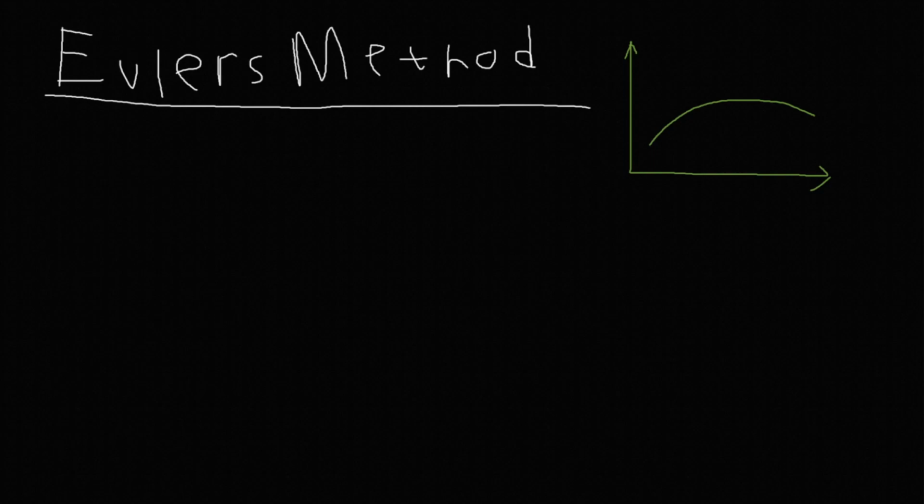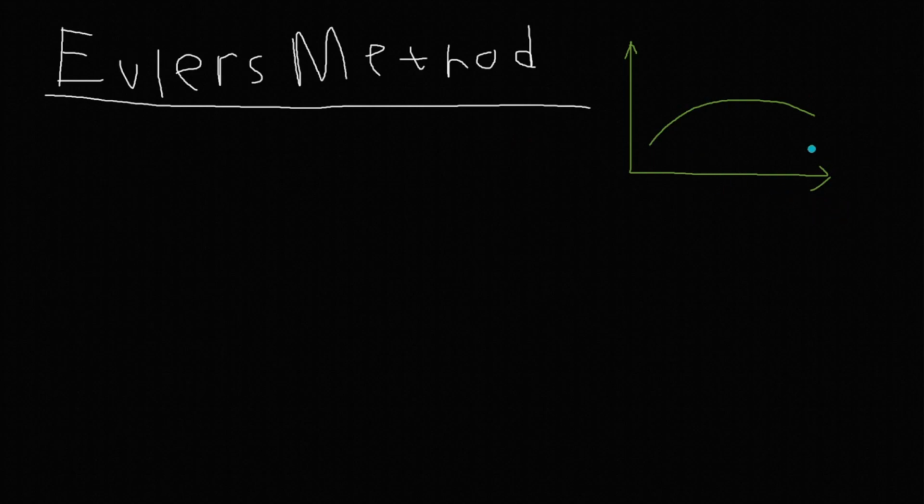So if you're in Calculus AB or Calculus 1, you can just skip this video and go on to the next, because this is more of a Calc BC topic. But let's continue on. So Euler's method is used for approximating a function